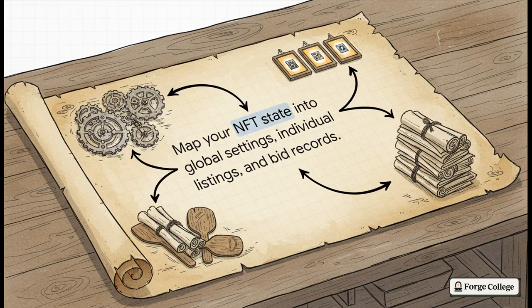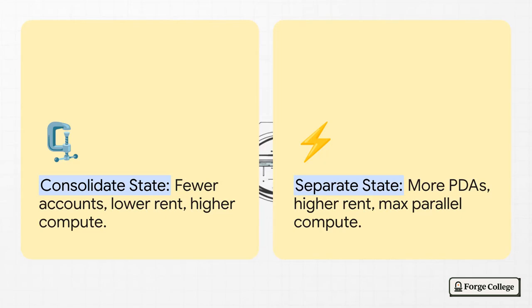The global settings might honestly just be a single account, but the listings and the bids, that's where things get really interesting. Those buckets create our very first major architectural trade-off. Do we consolidate or do we separate? Think about it. If we consolidate and embed the bids directly inside the listing account, we save big on rent costs. But the catch is,